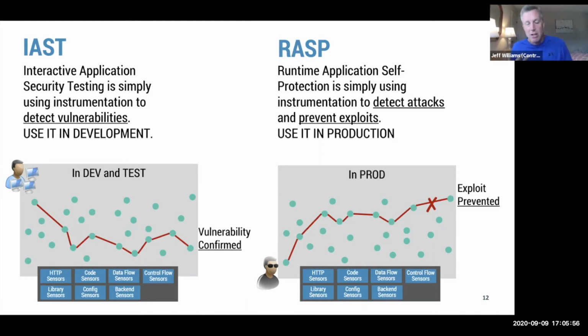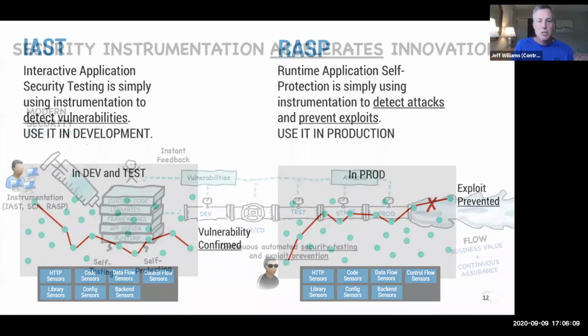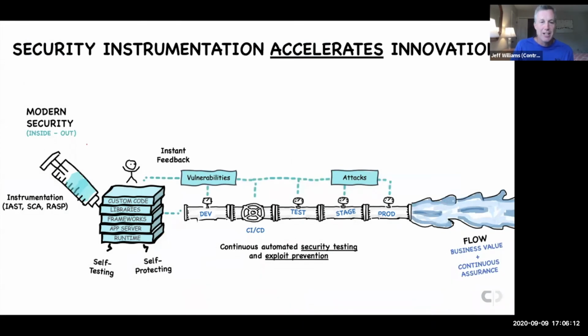And because it's more accurate, you can go straight to development with the findings without having to go through a central security team. And that will empower them to fix their own vulnerabilities, check in clean code, and optimize the pipeline. So this is my caricature of that. In modern security, when we use instrumentation, we've instrumented IAST, software composition analysis, and RASP right into the application. We measure the application directly, so we're much more accurate. We're getting an instant feedback loop on development, so that allows you to go really fast developing. And we also get the visibility into attacks.